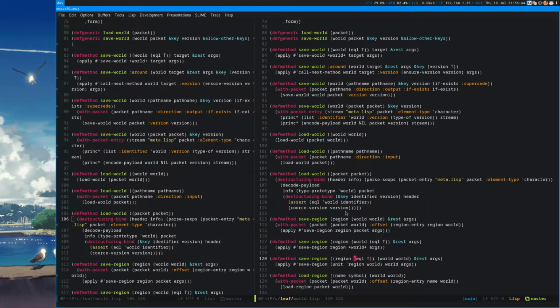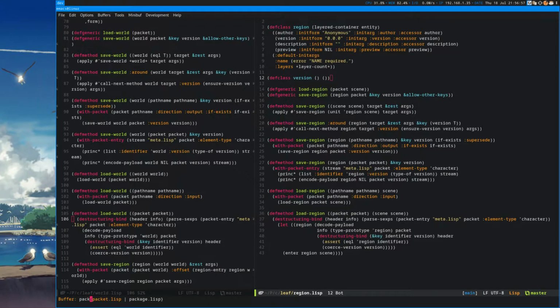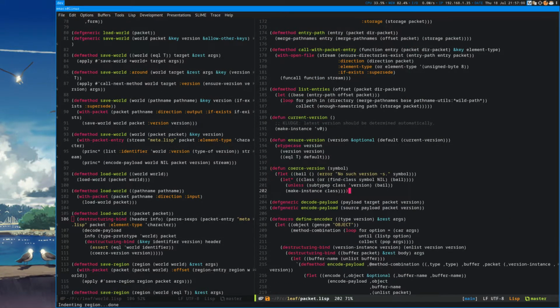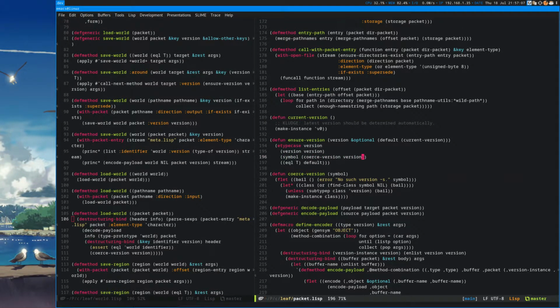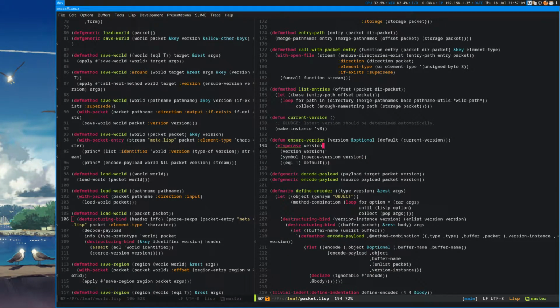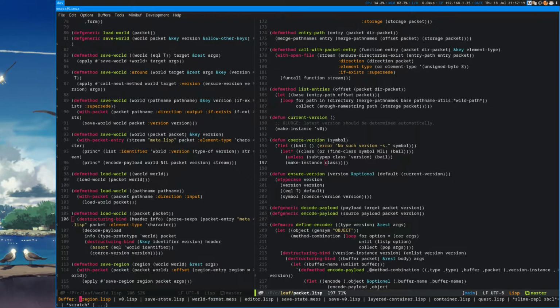Info. Oh, I have a curse version. Wait, does that exist? It does. Huh. Why is that in here? That should be in packets. Okay.